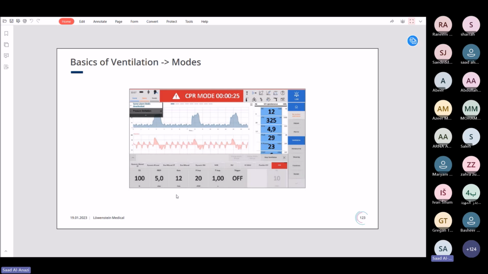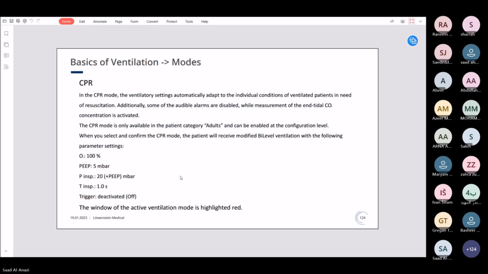Great interval time is 6 to 8 minutes, 6 to 8 seconds per minute. The machine will give a breath and support the patient with FiO2. As you see, in the CPR mode, the ventilator settings automatically adapt to the individual conditions based on the need of the resuscitation. So the CPR mode is only available in adult patients. It will not be active during the